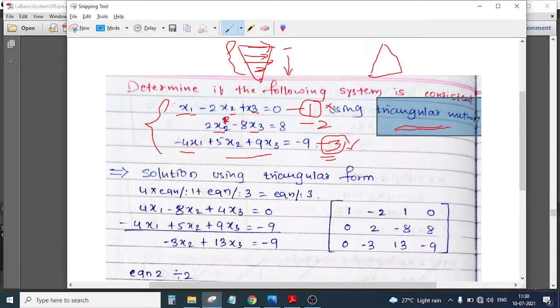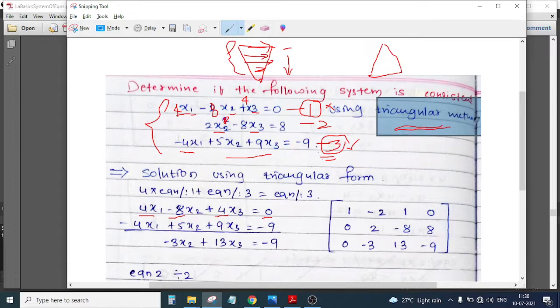So when I multiply this equation by 4, what do I get here? 4x1. After multiplying, if I add these two equations, then what would happen? This plus 4 and this minus 4 would get eliminated. So when you multiply, this becomes 4x1 minus 8x2, because 2 into 4 is 8. Here we have 1, so 1 into 4 is 4x3. That means the new equation is 4x1 minus 8x2 plus 4x3. On the constant side, the RHS, you have 0, and 4 multiplied by 0 is 0 itself. So no need to worry here, right?